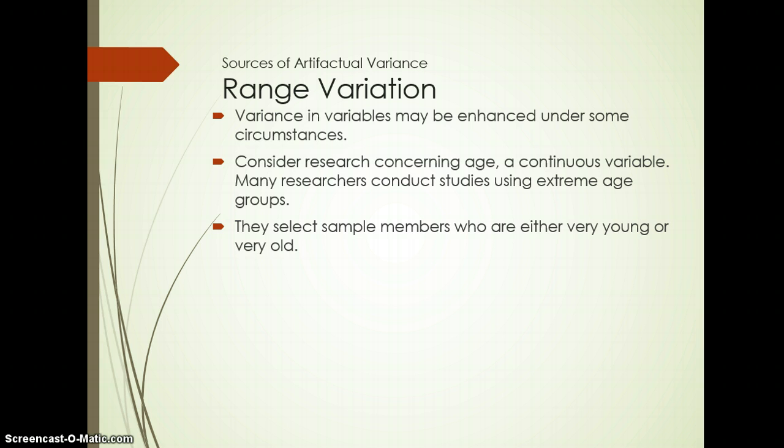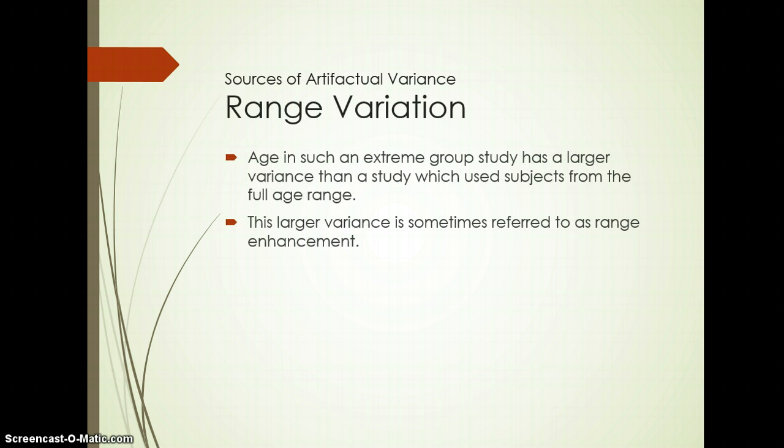Or I've seen this sometimes in, we'll say, integrity selection tests. Someone might pick nuns and they might pick convicted criminals, and they might compare nuns versus convicted criminals to see if their test can predict who is going to perform well in the job and who's going to commit counterproductive work behaviors. Okay, so in the age example, with an extreme group of participants, one would have larger variance,